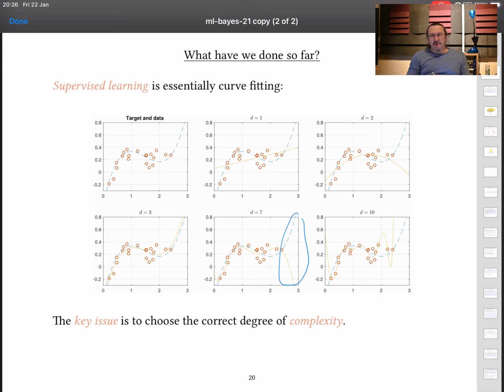If we try and use our polynomial, the yellow line, to predict data that would be generated by the dotted blue line, and if we go up to d equals 10, then we can see that we're also getting some fairly major problems here. Now, that seems to imply that if you allow your choice of relationship here to be too complicated, you're going to end up actually learning to try and fit the noise and not the underlying relationship that was used to generate this data.